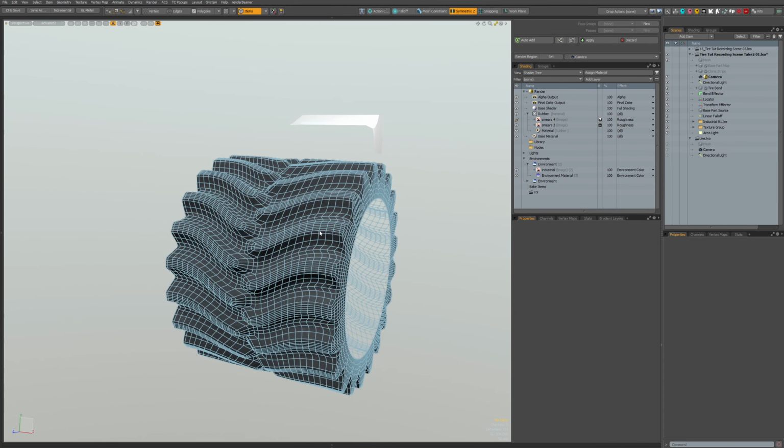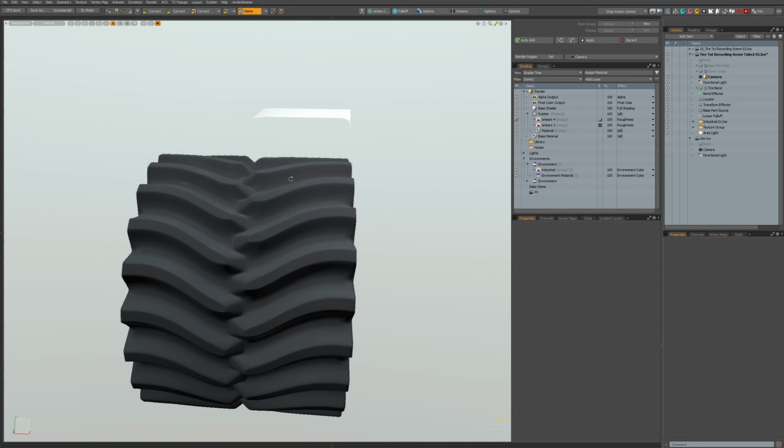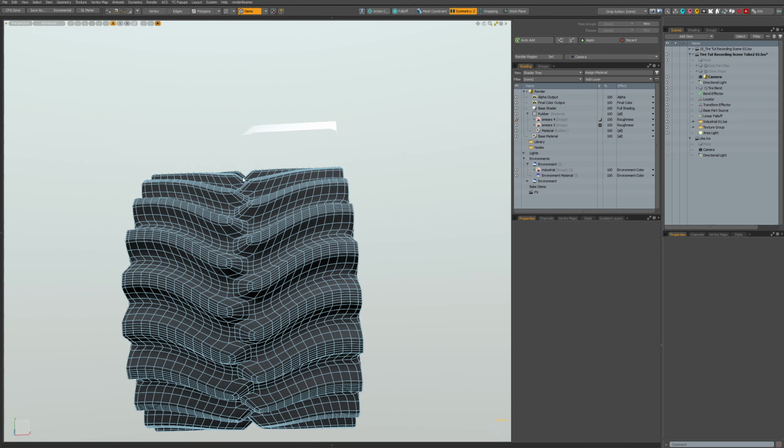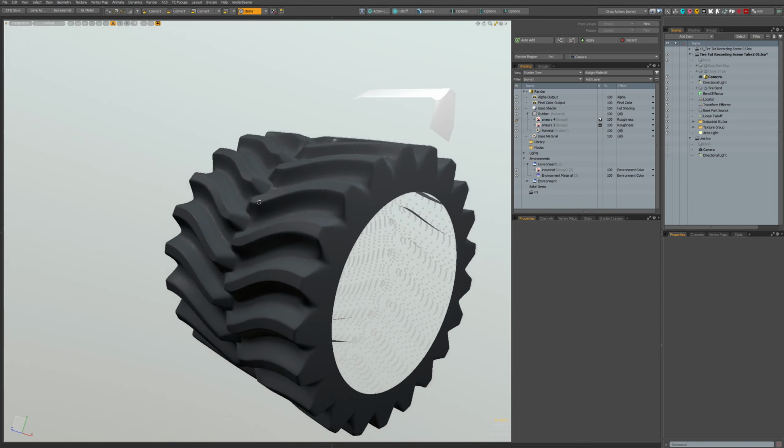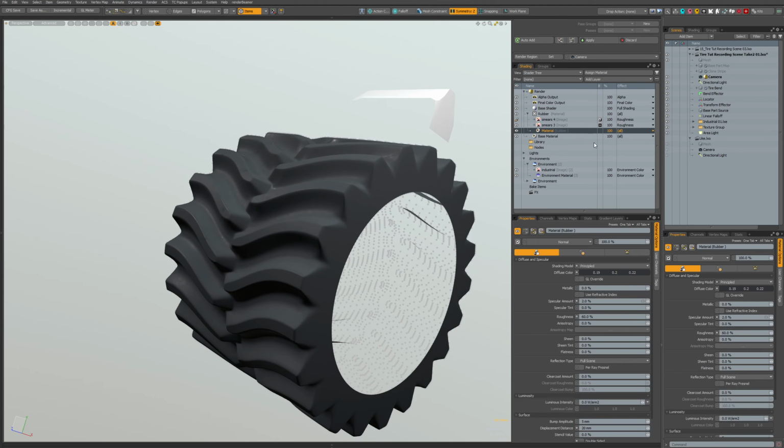So let's add some more follows here. I want to have a shape that goes like, lift this up so we have a round shape here. Let's do that. Maybe the tire could be a bit darker. That's good.